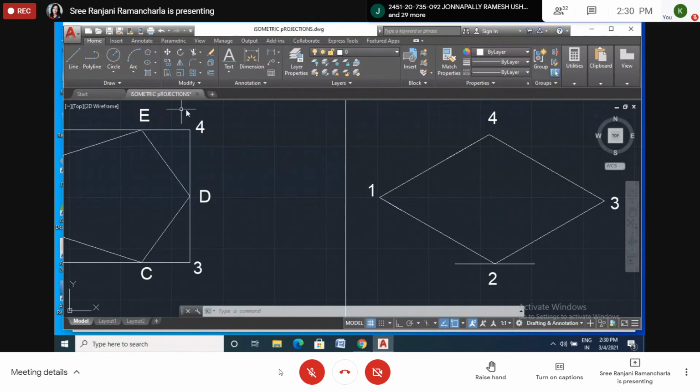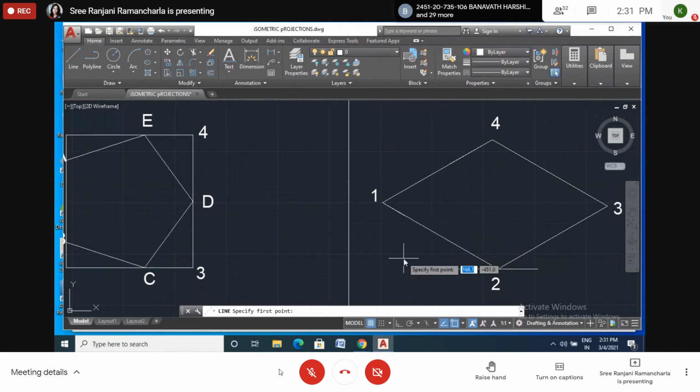Okay, so now I'll draw the polygon here. When I move my cursor here, it will show the end point.